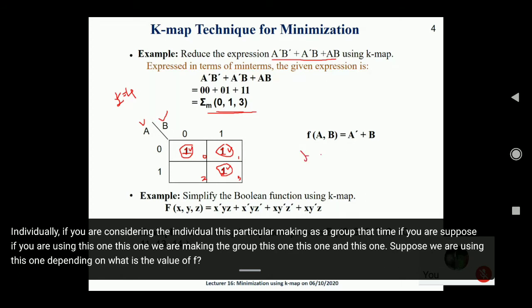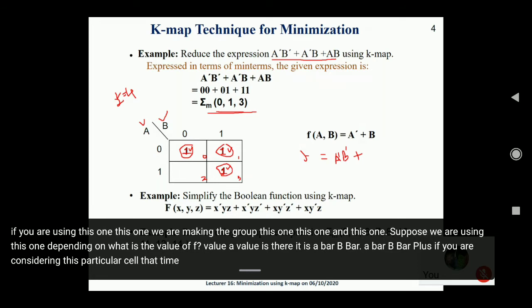The F value is A bar B bar plus, considering this particular cell,